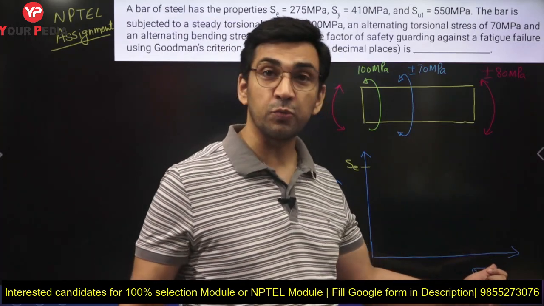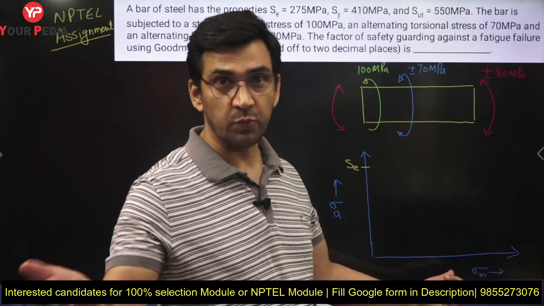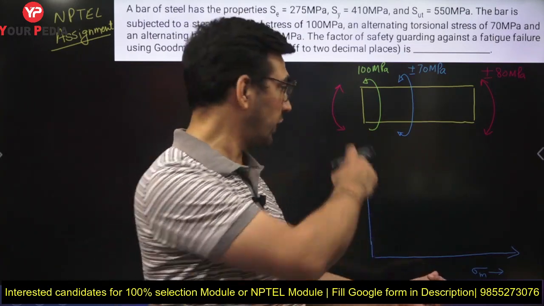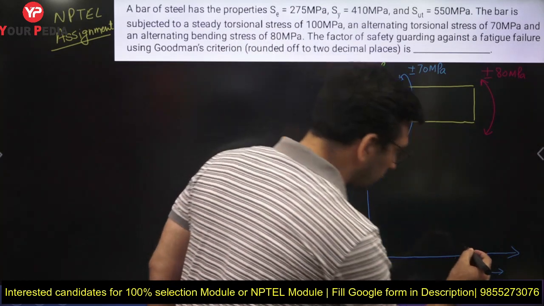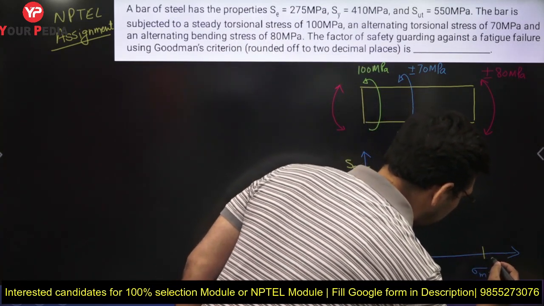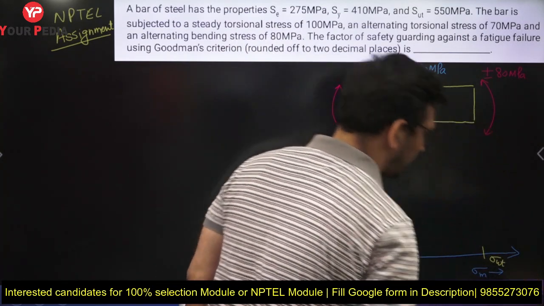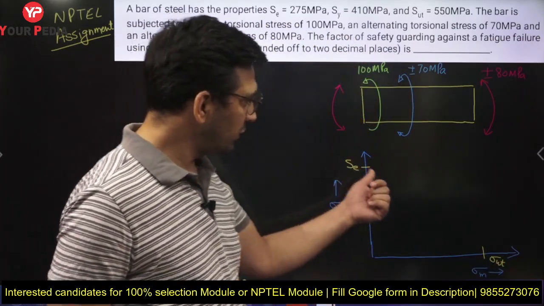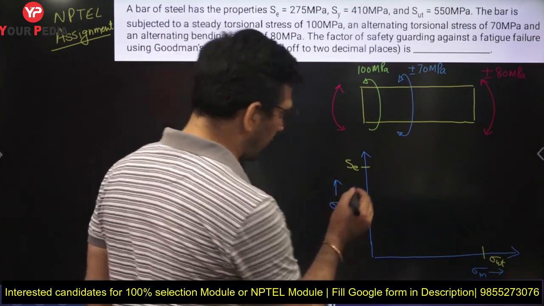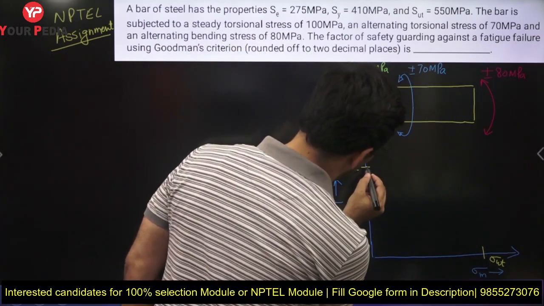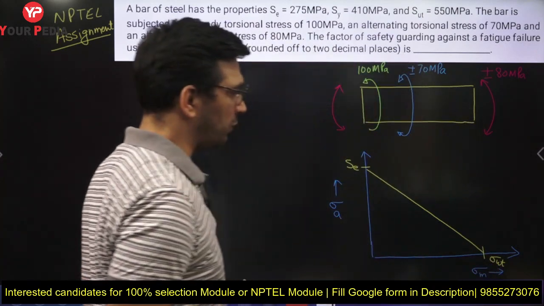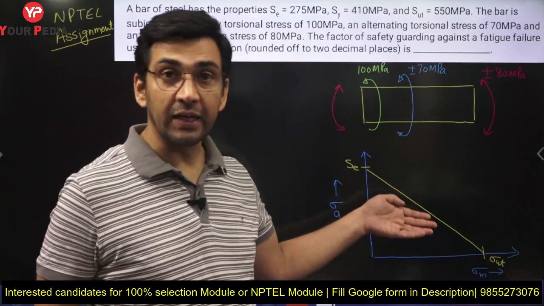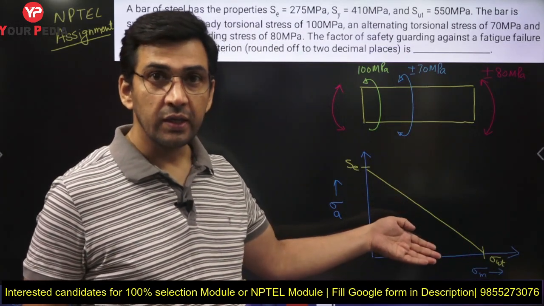So in that case we design based upon either yield strength or the ultimate strength, and Goodman has taken the ultimate strength as the criterion while joining those points. So the other side is sigma ultimate, let us say. Goodman is taking sigma ultimate on this side. When we join them, I have this line which is joining the endurance limit to the ultimate point, and this line basically gives a limiting line to design a component